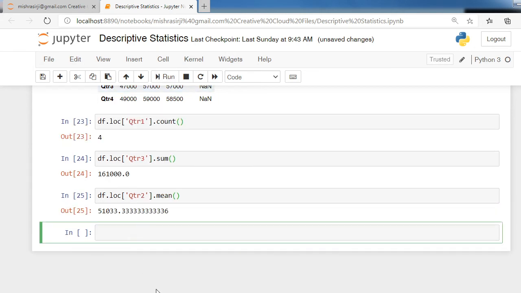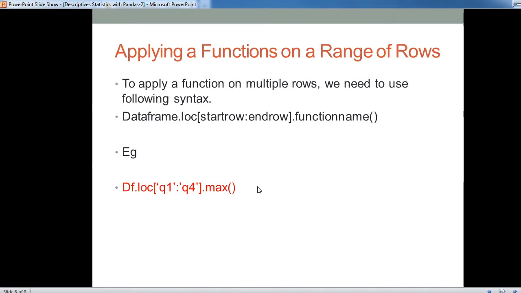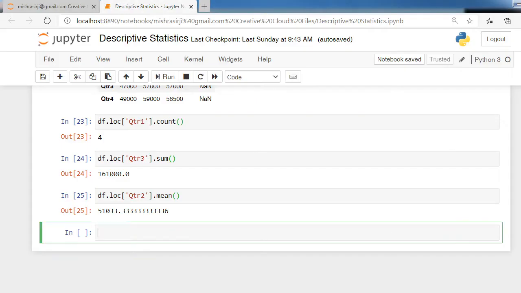You can check. Now move to the next topic, applying a function on a range of rows. We can apply any aggregate function on a set of rows. For that purpose I am writing here df dot loc, with the range qtr1 to qtr3, and I want to know the maximum value in this range.